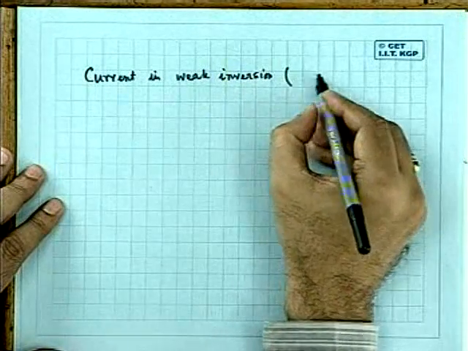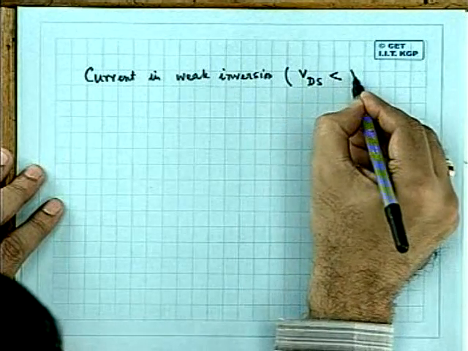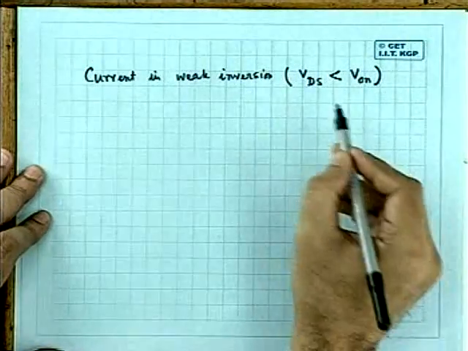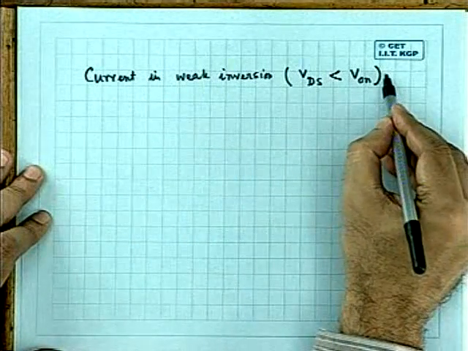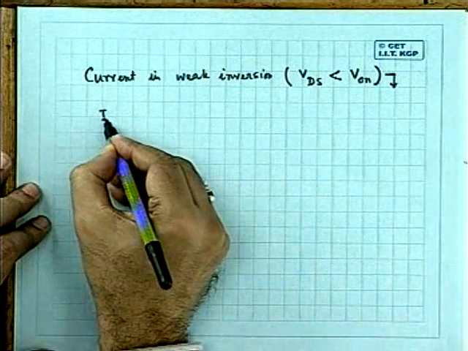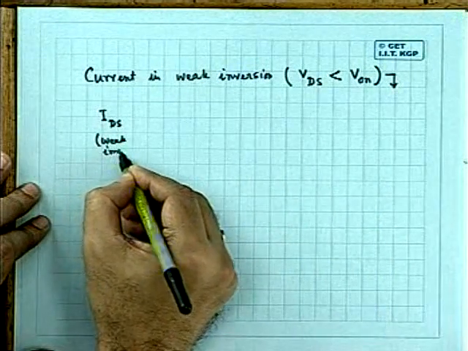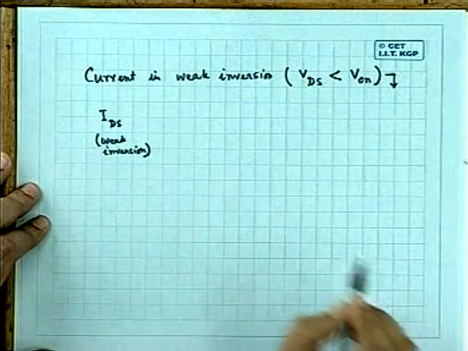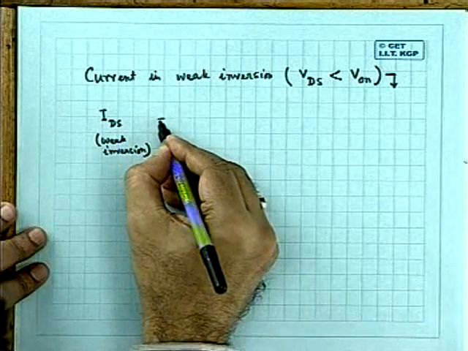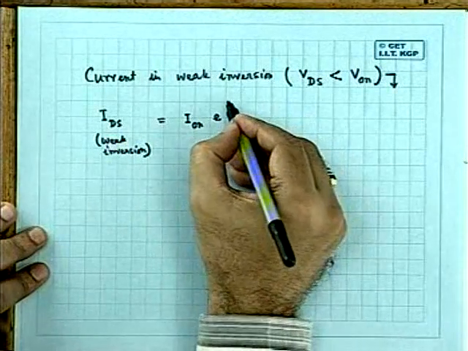What is weak inversion? According to my definition now, weak inversion is defined as this, not VTH. Current in weak inversion means current for values of VGS less than VON. This is IDS in weak inversion. Remember that in level 1, the subthreshold current was neglected, assumed to be 0, but here it is not 0, and that is equal to ION multiplied by an exponential factor, which is